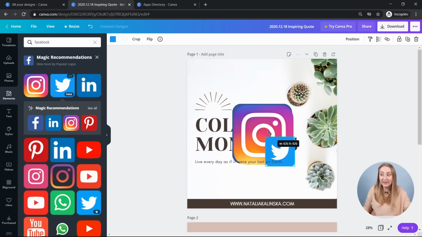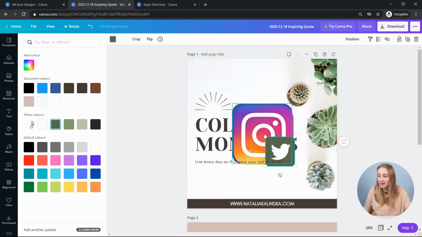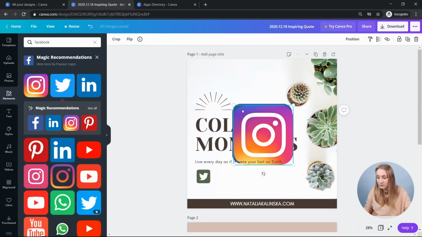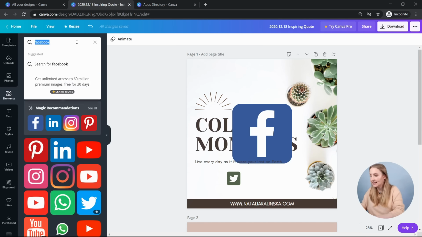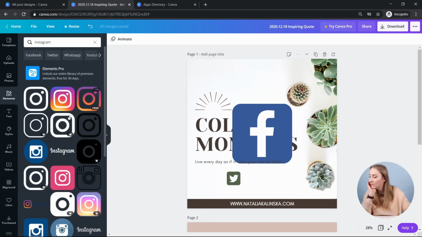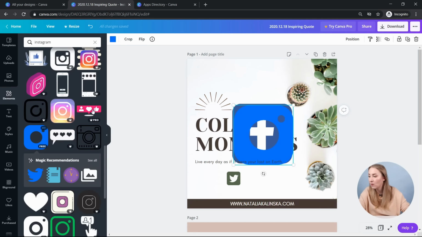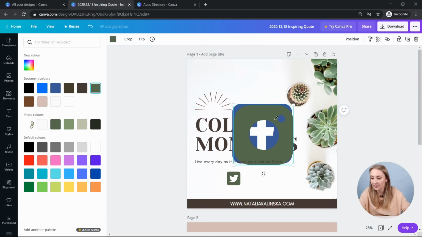And as you can see, with some graphics, you can adjust the colors as well. So if my brand colors were, let's go for something a bit more contrasty. So you can see that Canva pulled photo colors from here. So this green actually works quite well with the bronze they've chosen. So let's say I want to adjust it like this, right? So I've got Twitter. I want Instagram first. See, this Instagram, I cannot really amend the colors of, so I will look for a different Instagram icon. So let's say Instagram, and I want a full one. Okay, I don't quite like that one, but let's say, you know, this is what I will use for this particular photo. It doesn't really look like Instagram, but who cares?